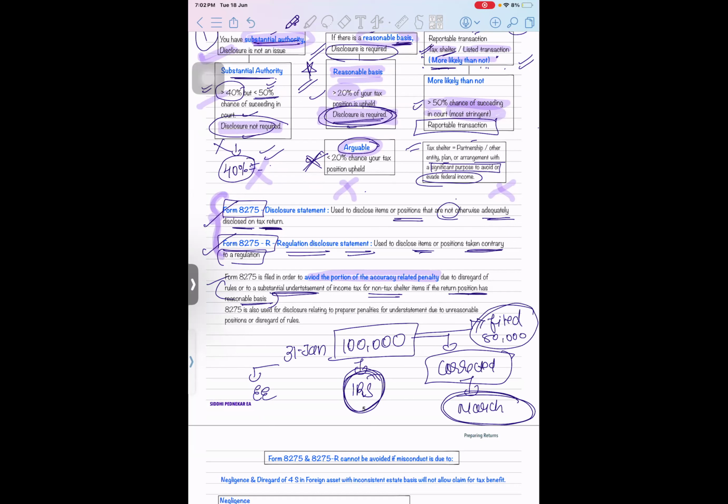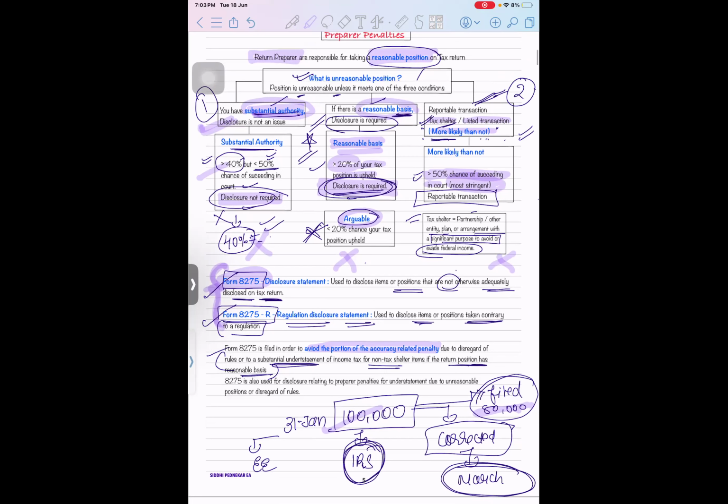You will attach the acknowledgement that the corrected W2 will be given by the client in the month of March, or whatever is the reason. So just disclose over here why you are showing $80,000 instead of $100,000. Otherwise, they will straight away charge an accuracy related penalty either to the preparer, or they will charge a